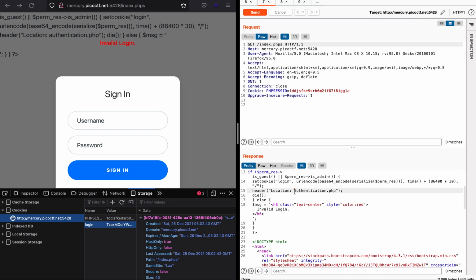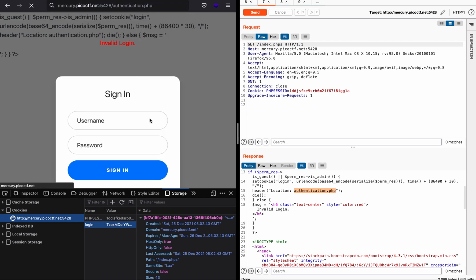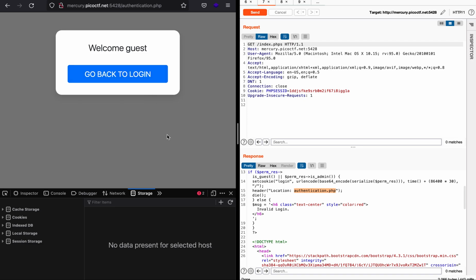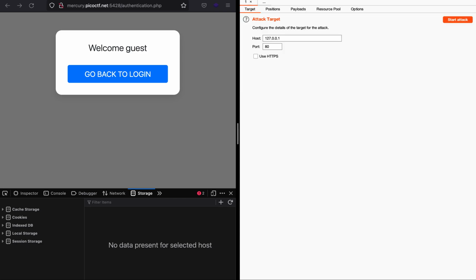From the index.php page, we know that it will be sending us to authentication.php. So let's just go to authentication.php. I'm sorry about that. Let's just do it again. Let's copy it, and let's go to the repeater tab.